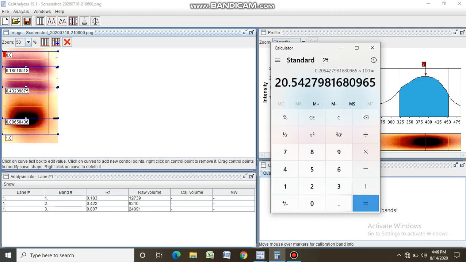For the first compound, the total percentage yield will be 20.54%. Similarly, we have to do it for the second and third compounds.